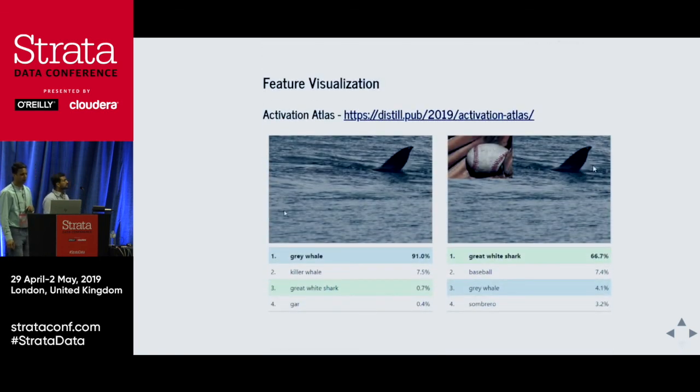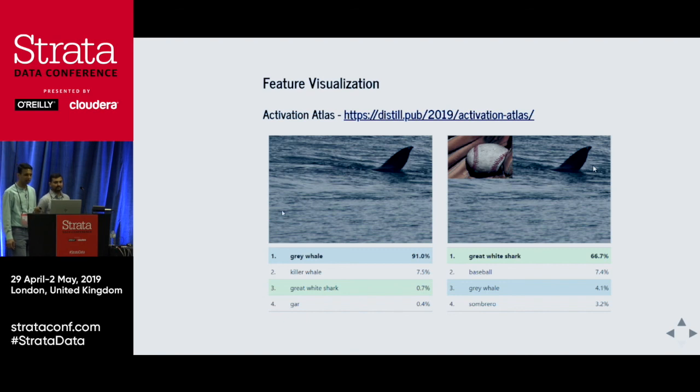On the left here, you can see that the classifier classified the image as a gray whale, but we superimposed a baseball glove with a baseball in it, and then immediately it thought it was a great white shark because there's a white image there and there's a shark there, and it sort of started to combine. And this link here actually explains what the network is learning. The funny part is the fourth prediction is a sombrero, which is simply because the baseball glove is brown in color and it looks like it's hollow because of the baseball that's there, and it assumes it to be a hat.